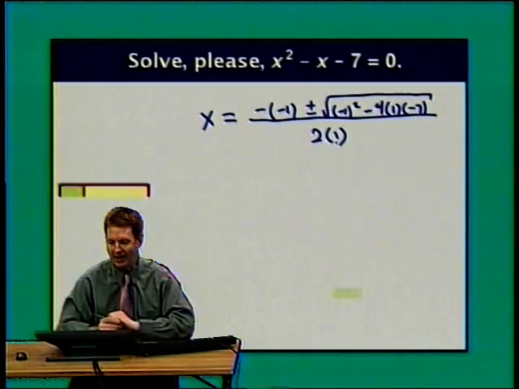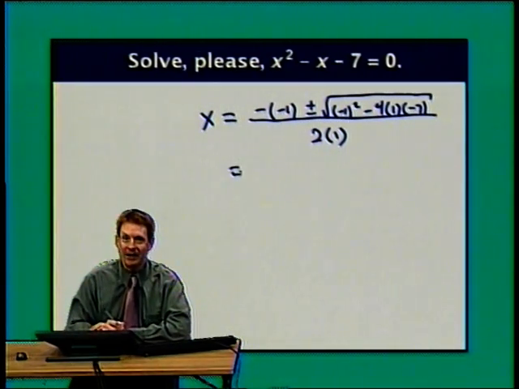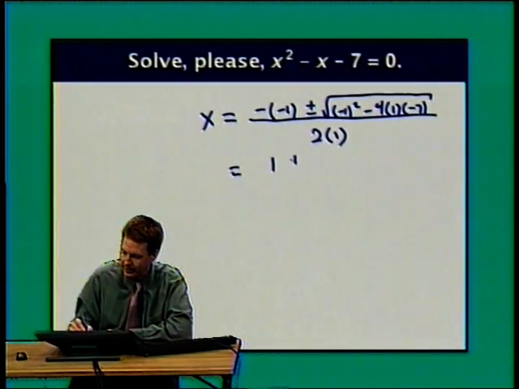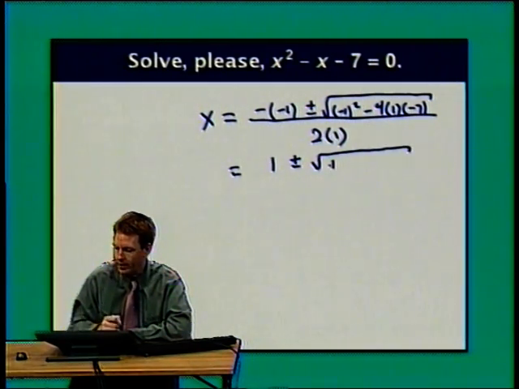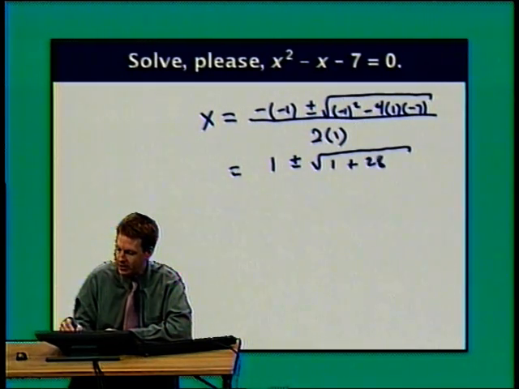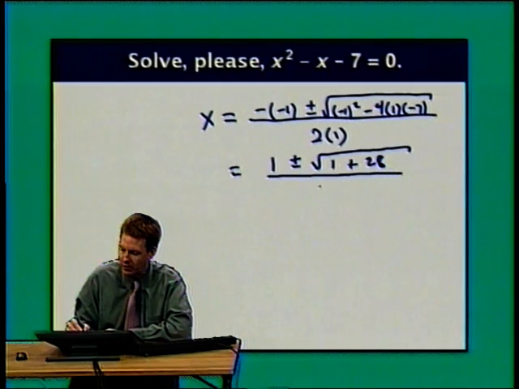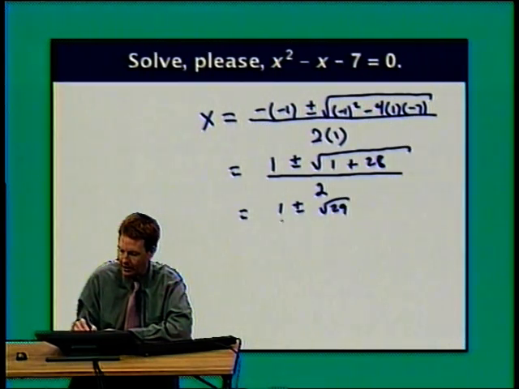So let's simplify. The opposite of -1 is +1. We're subtracting and adding the square root of the square of -1, which is 1, minus 4 times 1 times -7, that's plus 28. And 2 times 1, that part is pretty difficult to mess up. That's 2. So it looks to me like I have 1 plus or minus the square root of 29 all